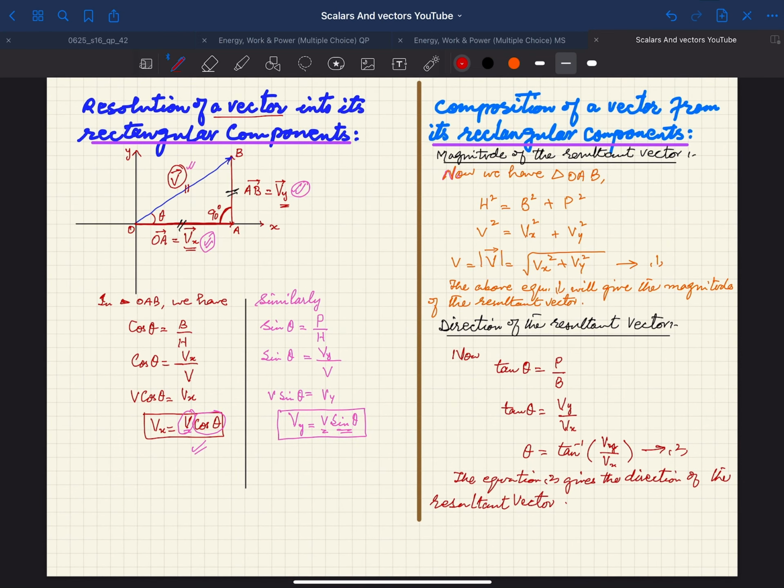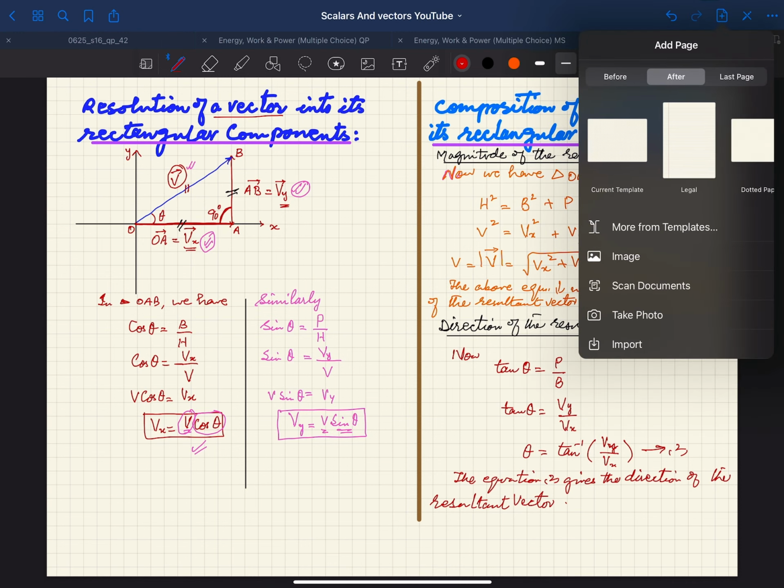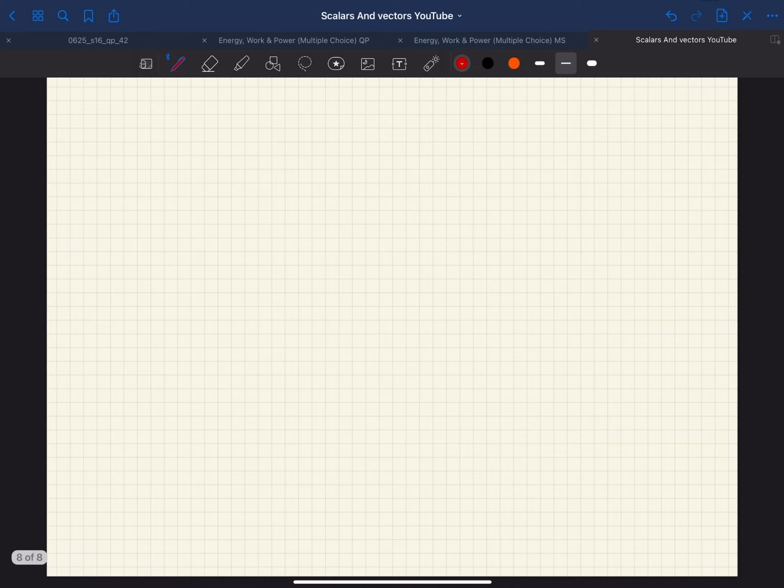You can take examples, like suppose if we can go to the next page, and example if we are considering here, then example is simple. Suppose we have, first of all we can say that we have a force of say 10 Newton making an angle of theta of 30 degree with x-axis. What are